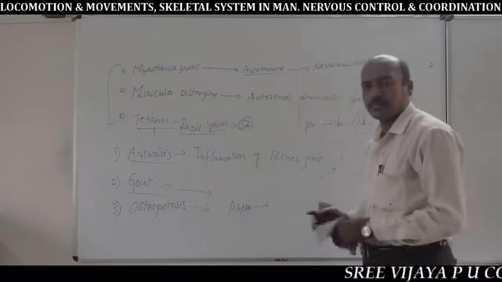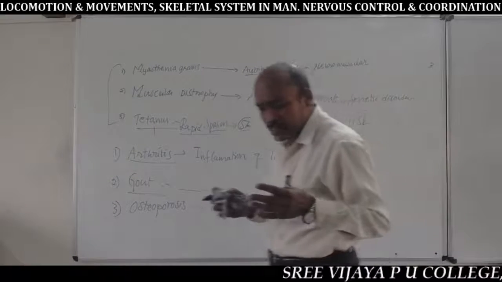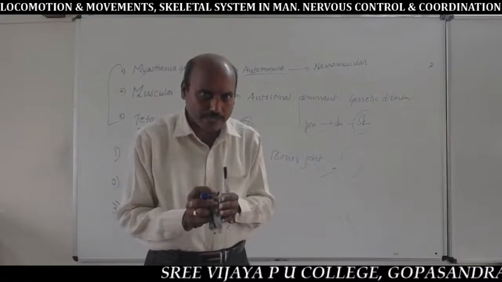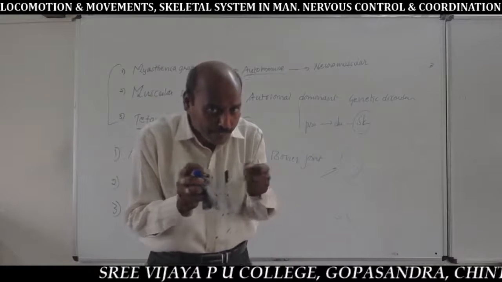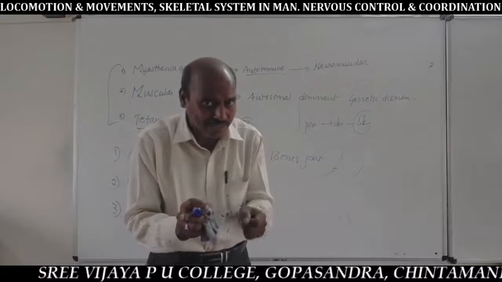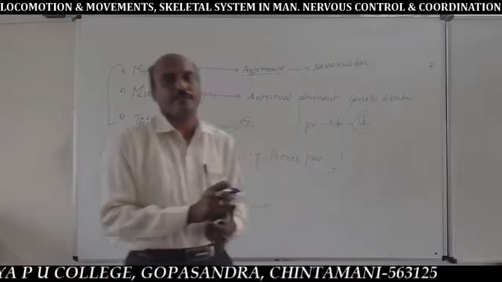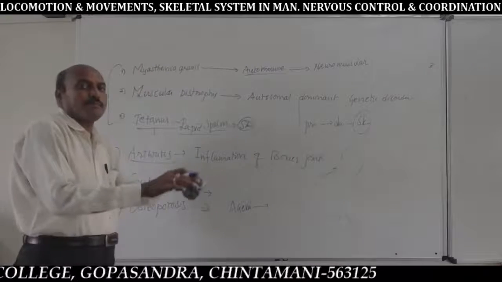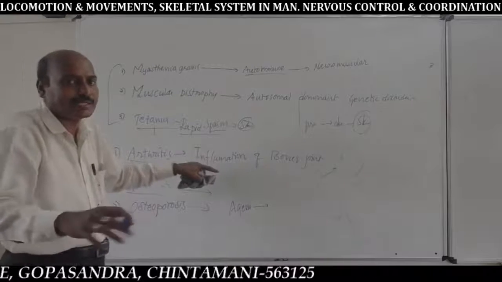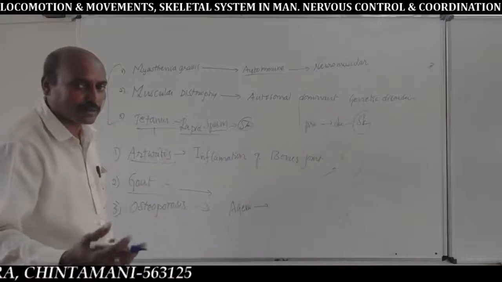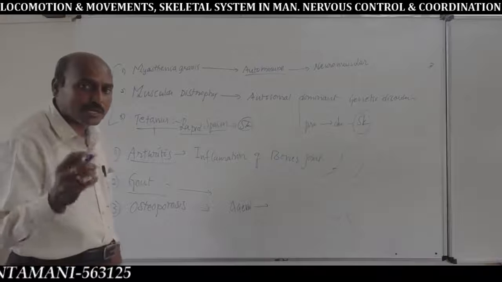In this disorder, the bone mass decreases and increases the chances of fracture. Very important: the bone mass area decreases, increasing the chance of bone fracture, because of softening of